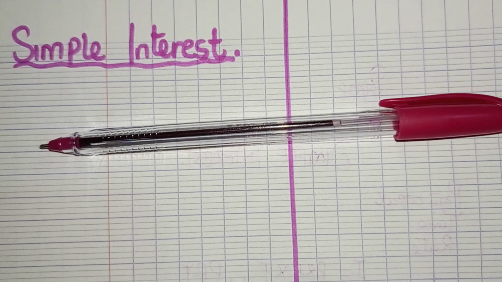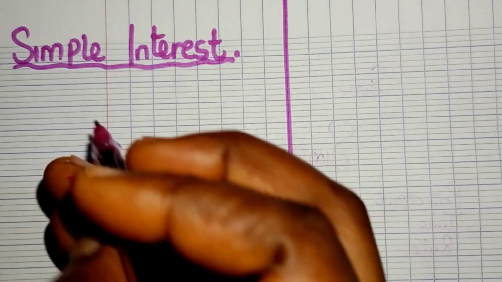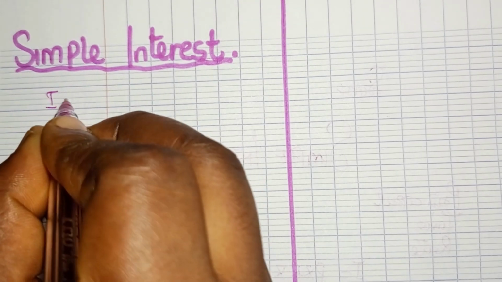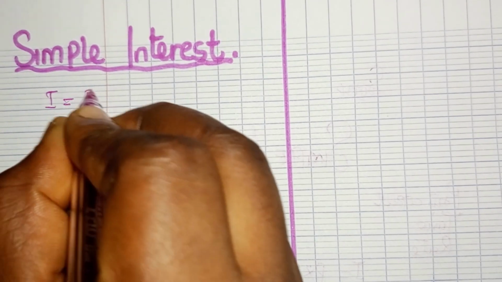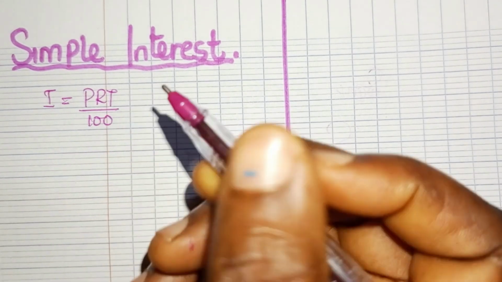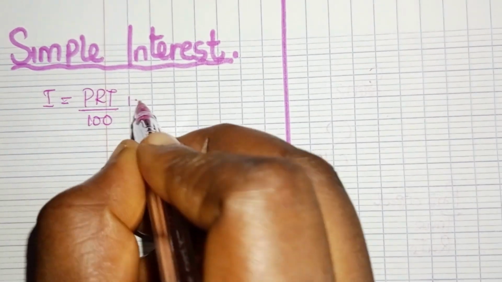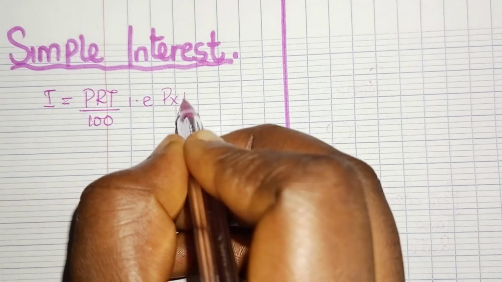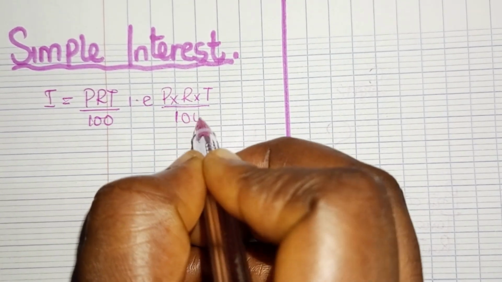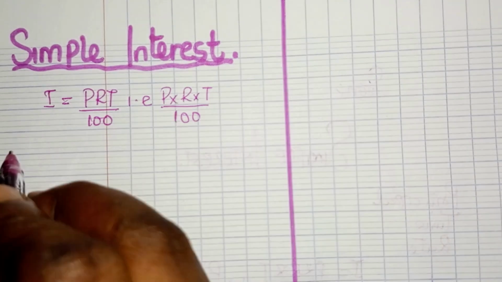The formula for calculating simple interest: Interest is equal to PRT all over 100. That is P multiplied by R multiplied by T all over 100,